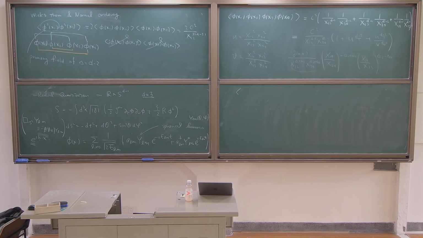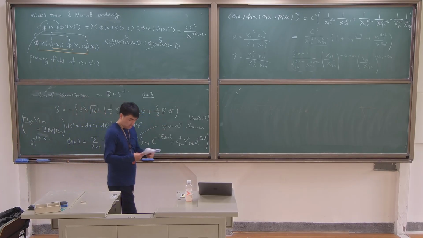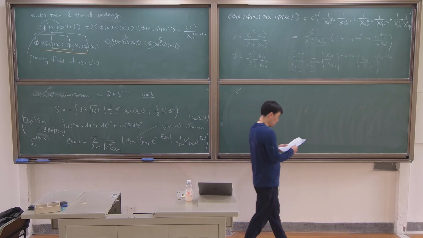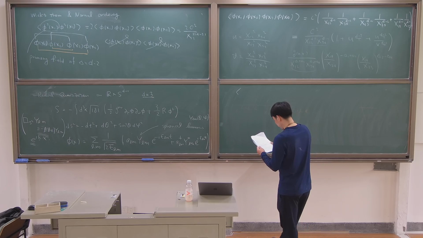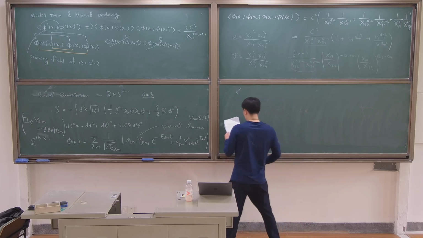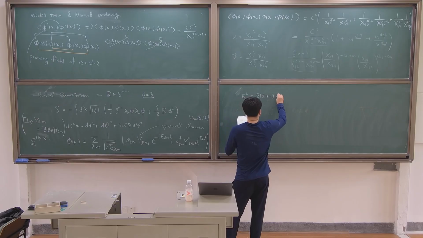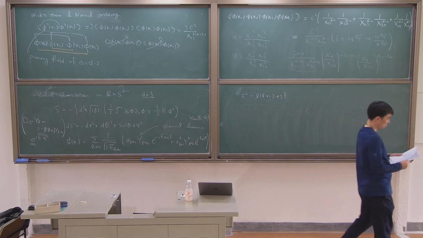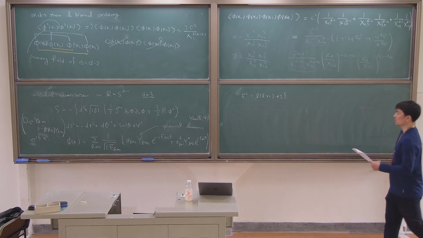But now we have a curvature term, so C R. And if you consider the unit sphere, R is equal to 1. Therefore, E squared is the l